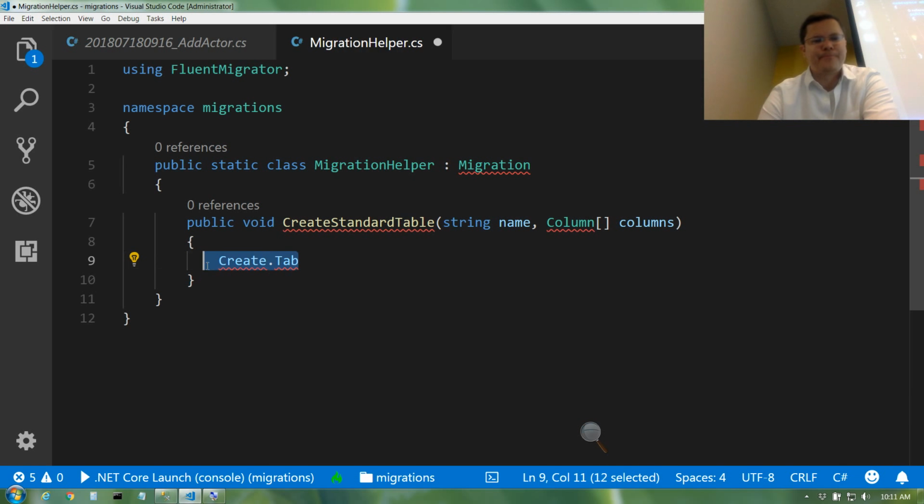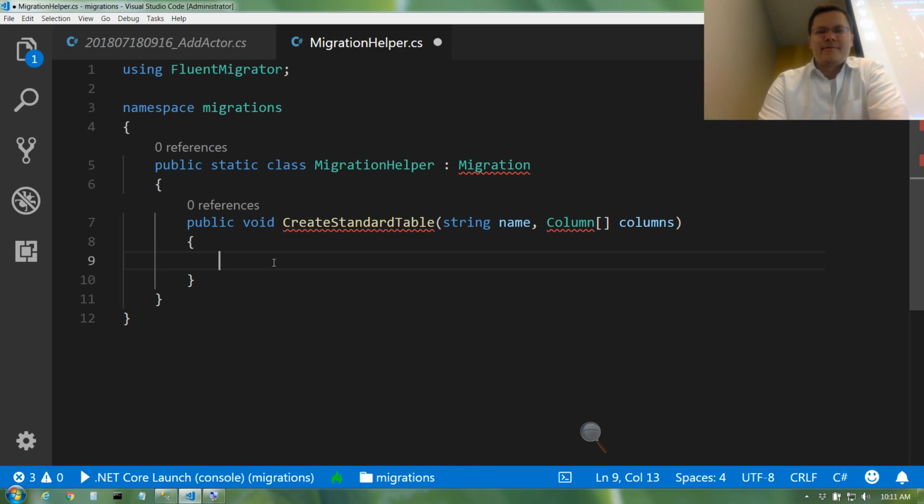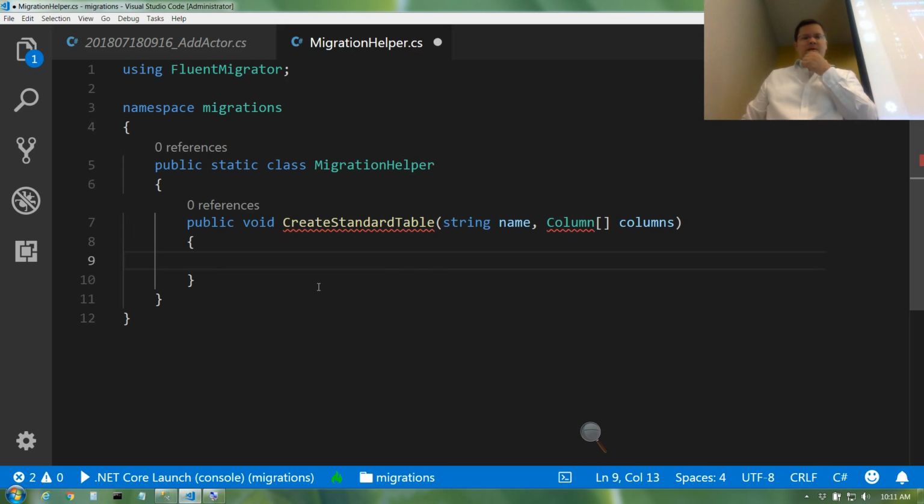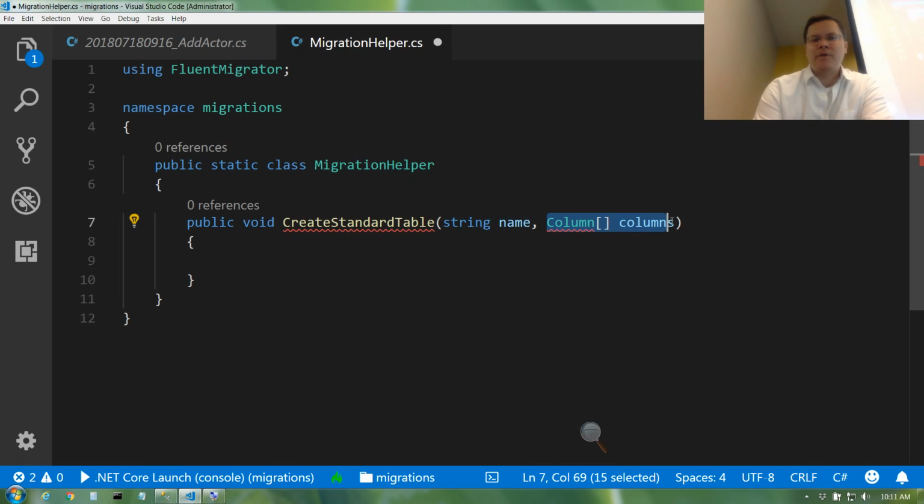So the idea would be that imagine, and again, this particular framework is brand new to me. We create helpers in our other one all the time. You would essentially take in the name of a table, a bunch of columns, and you would do something like